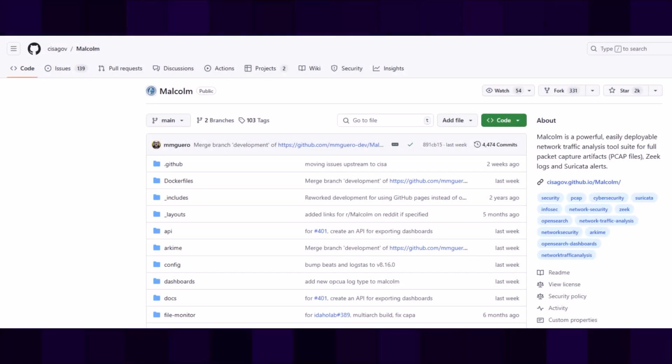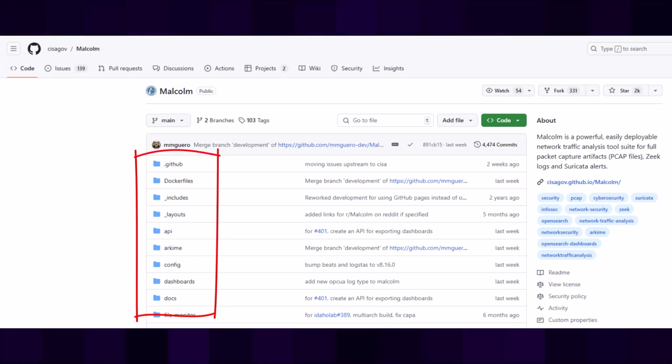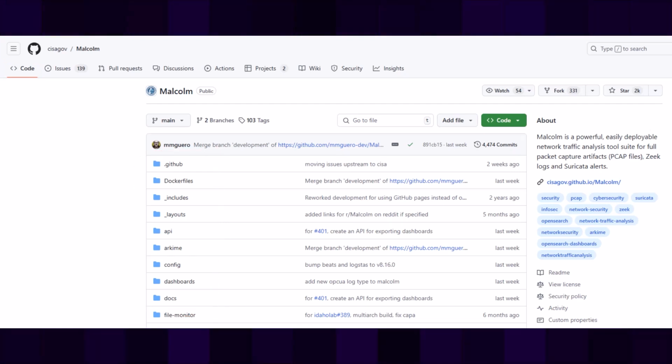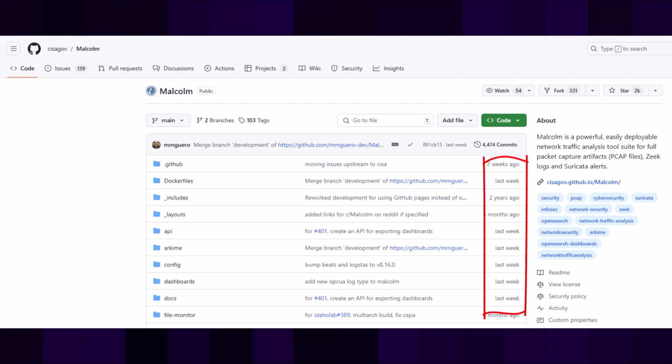Let's go over the tabs at the top of the page. Code. The Malcolm repository contains all of the code needed to build and run Malcolm. The Code tab contains the files and folder structure that organizes Malcolm's source code and documentation. Here, you can browse Malcolm's source code and view the history of modifications, known as commits, made to that source